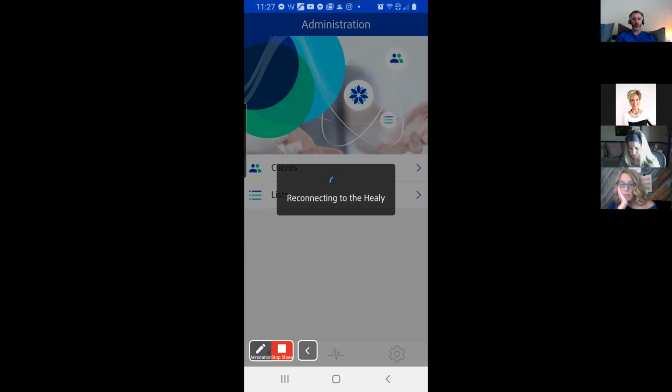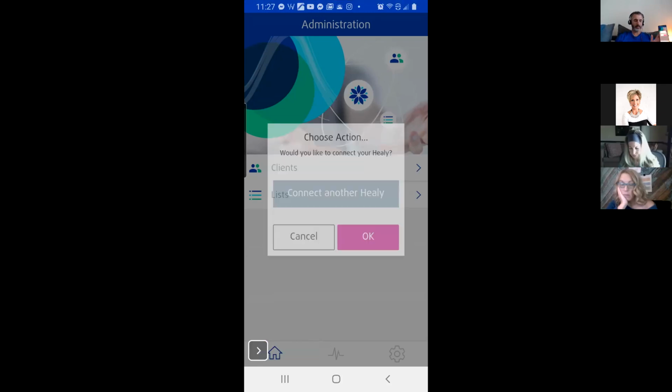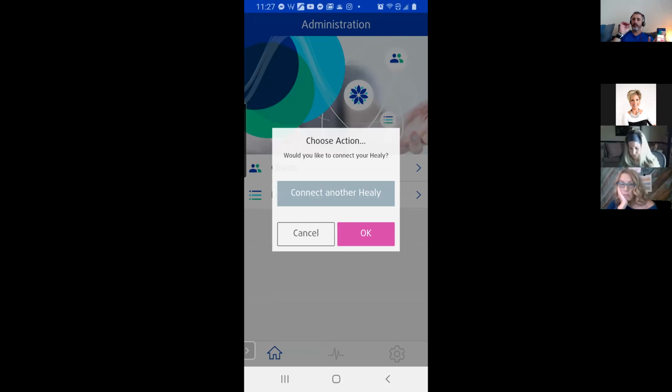Okay, now here's one thing to understand tech-wise. The Resonance app, if you do anything else besides be in the Resonance app, it disconnects from Healy, and it can be a bit of a pain, okay? So keep that in mind. If your phone, to save battery, is designed to go into screen saving mode every 30 seconds, you're like, what's up with the Healy? It disconnects from my device every 30 seconds. It's like, yes, not the Healy.